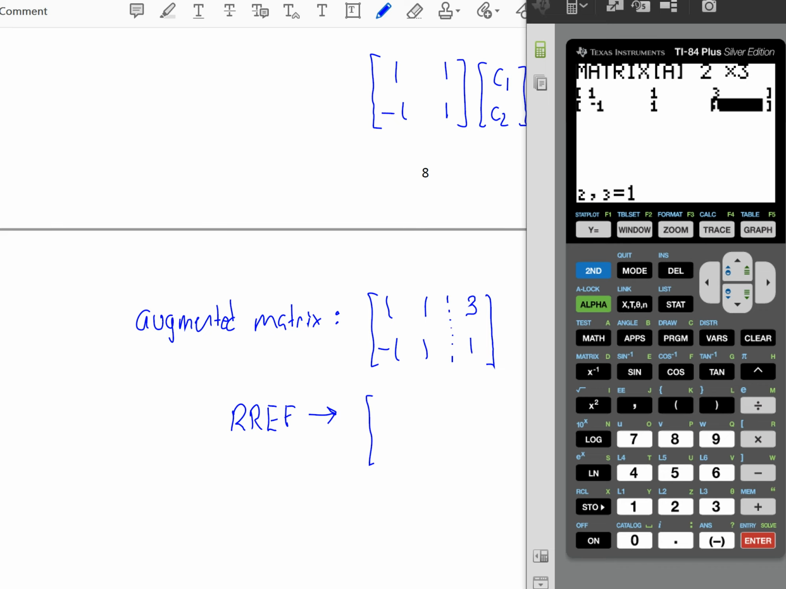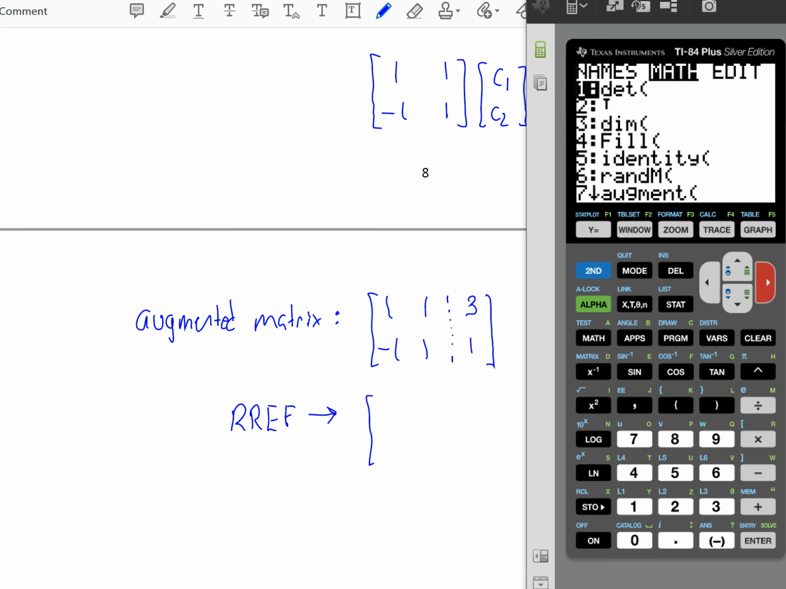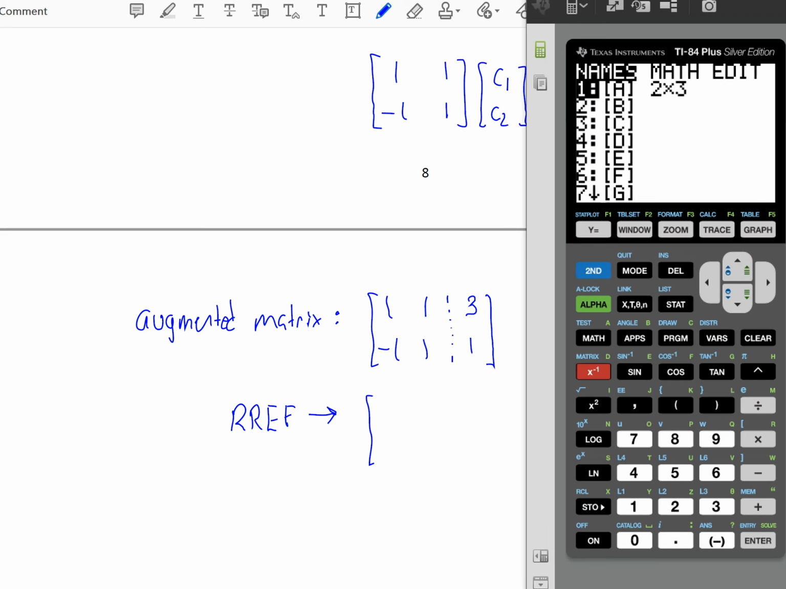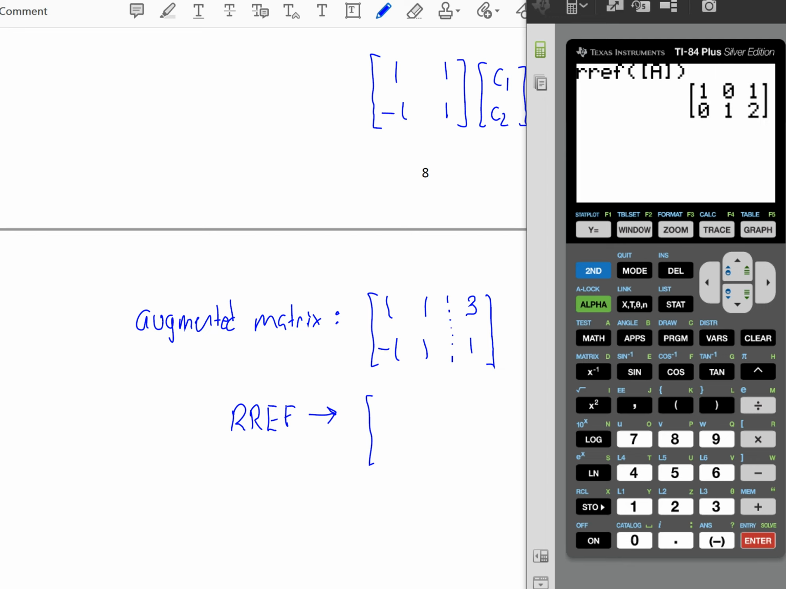Again, take that moment to make sure that you entered it correctly. And let's go back to our home screen. And we'll ask our calculator to write this in the RREF form. Here we get our RREF as